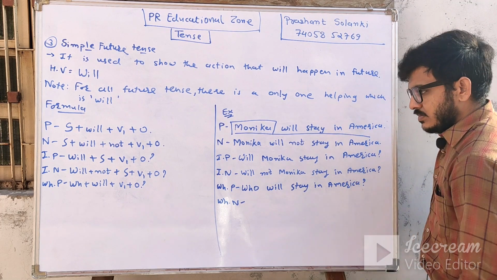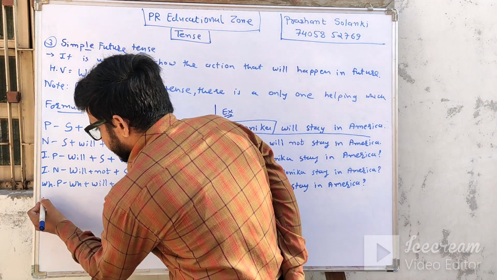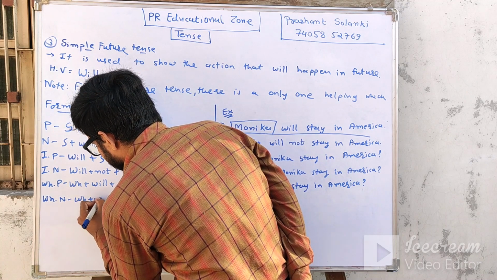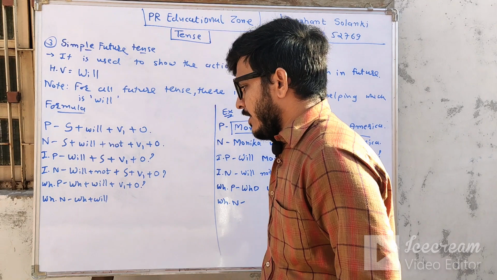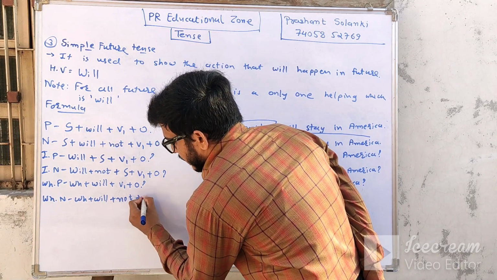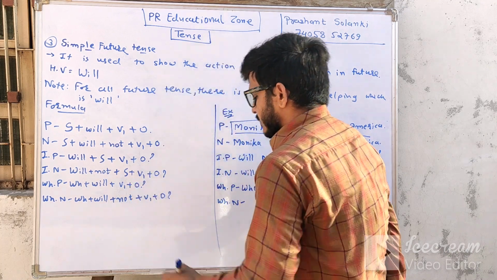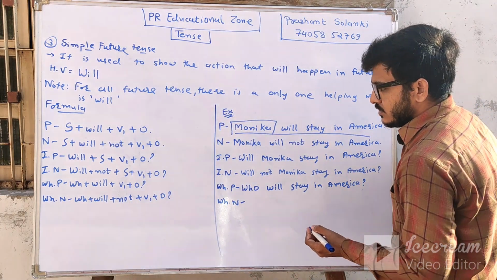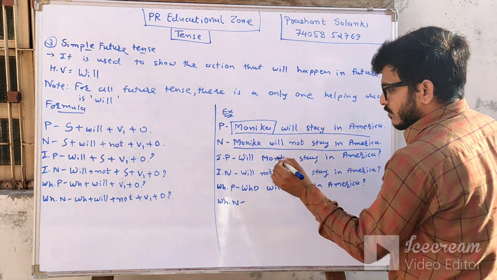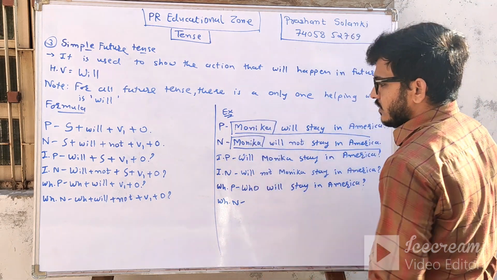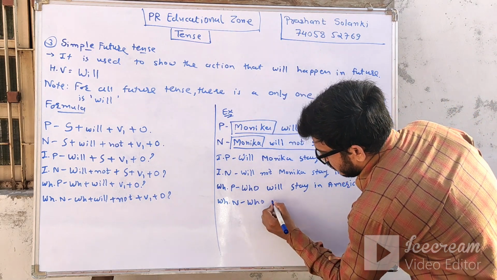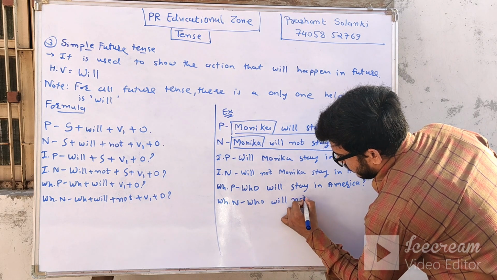Now WH negative: WH plus, and what will come after the helping verb will, verb 1 and object. Here the last one is the same as the negative, but the subject is eliminated. Here: Who will not